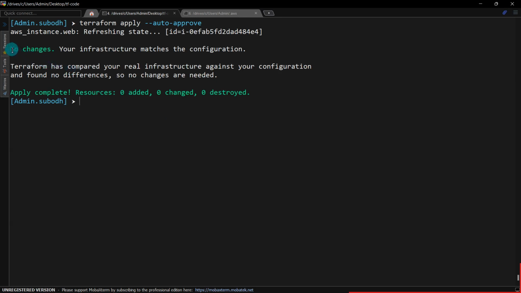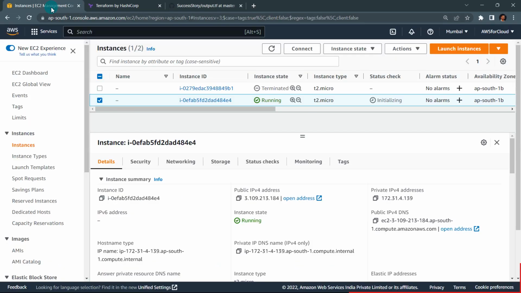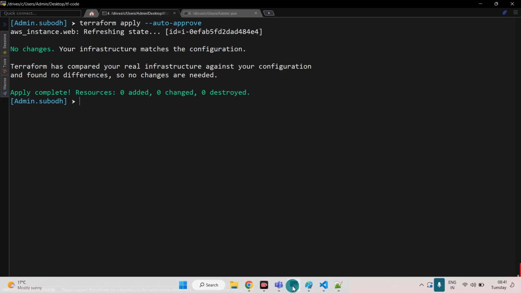Okay, so this is the thing. Let's consider a few more things now. As we look over here in case of the EC2 instance, this is the running EC2 instance. In case of tags, we don't have any tag over here. What if I need to manage the tags or attach tags to this EC2 instance? So one way is going to the management console and adding the tag, but I want to do it from Terraform. In that case, let's go to the